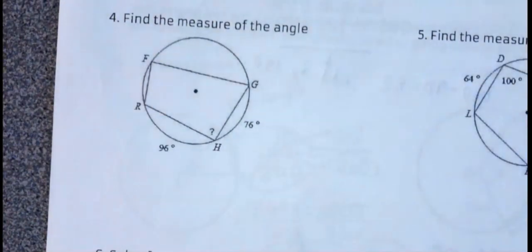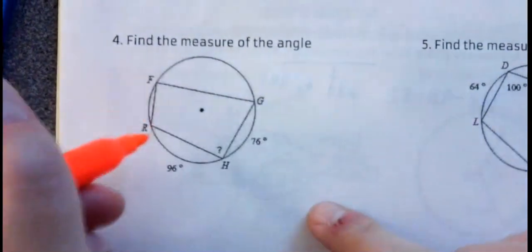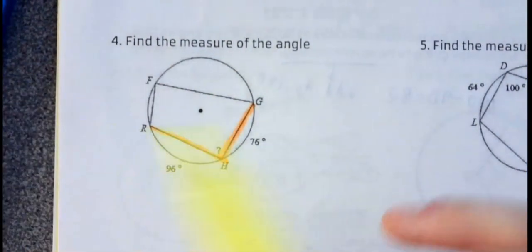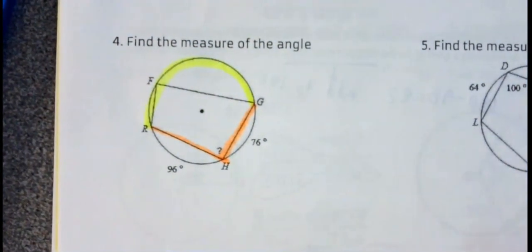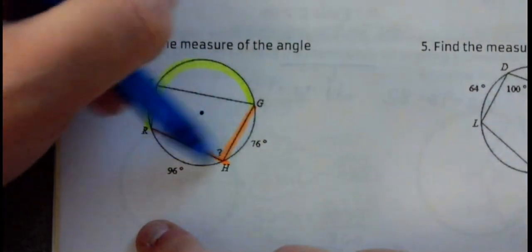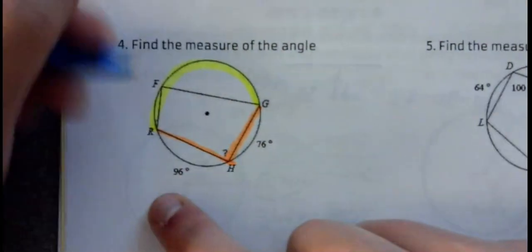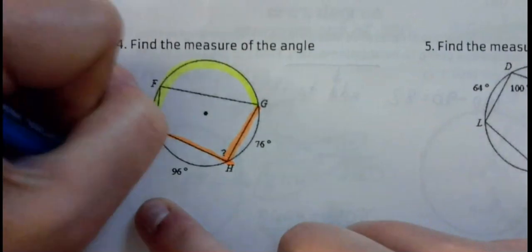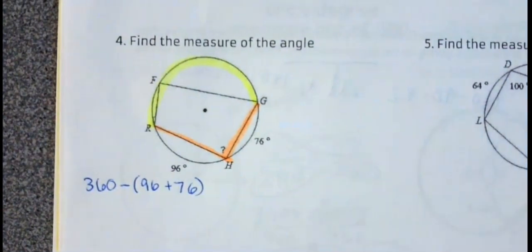All right, moving on to this one. So there are multiple ways to do this problem. However, I'll show you 2 ways, however you want to do it. One way that you could do this is to start by realizing that this arc is the one we need. And we have all of the other arcs besides this one that I have highlighted. So what we could do is take 360, which is the entire circle, and subtract the other 2 arcs,